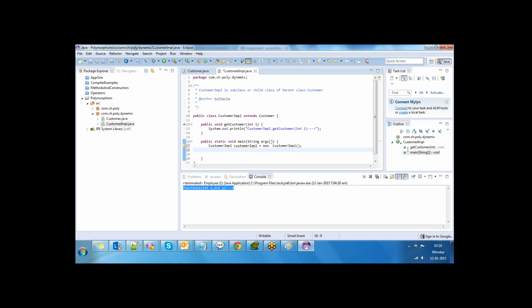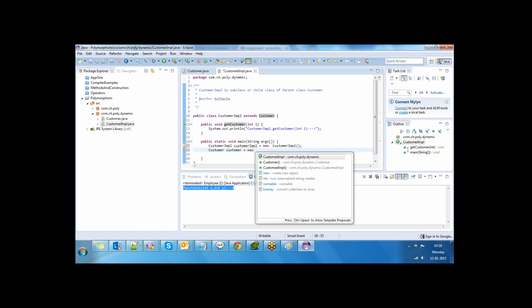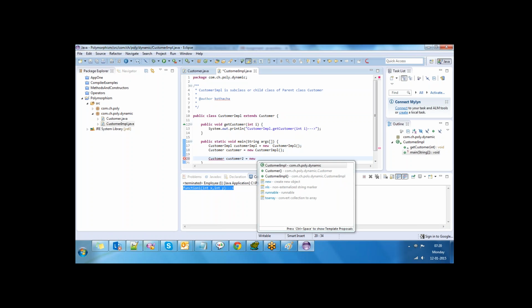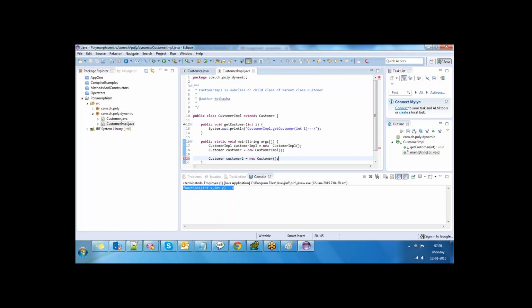And also create an object for customer. And also I can create an object for customer. These are the three ways we can create an object: subclass to subclass, superclass to subclass, superclass to superclass.